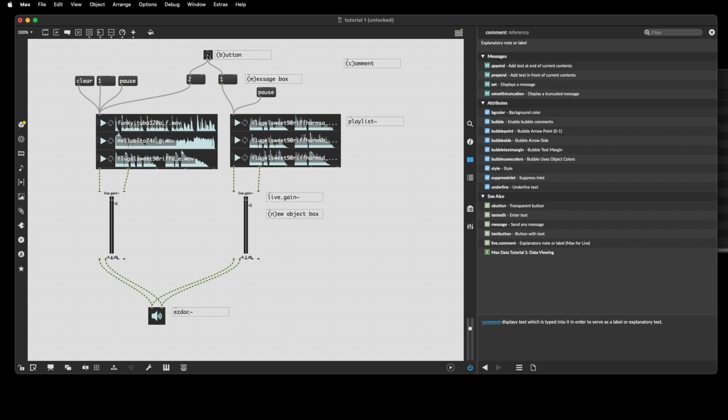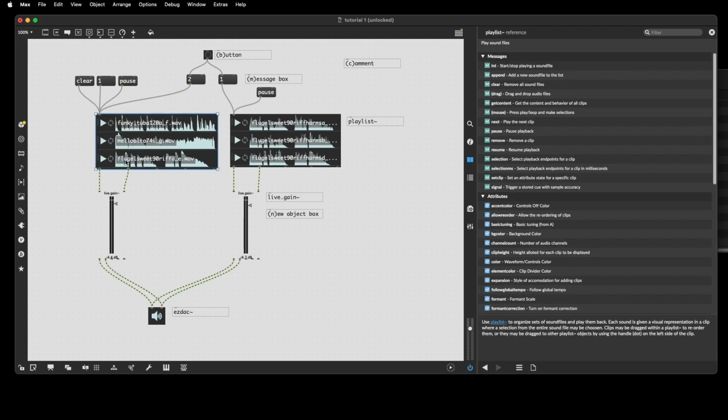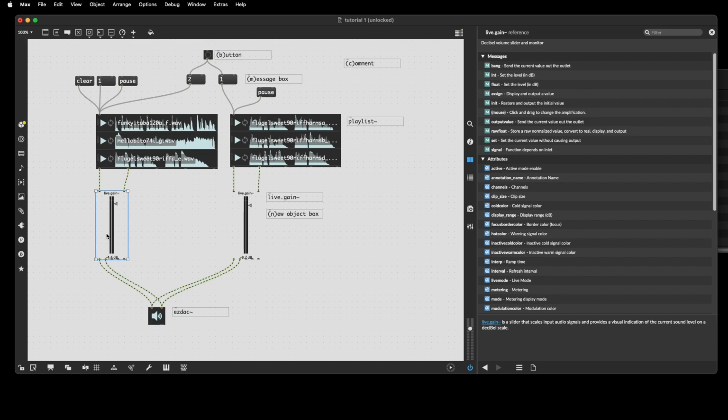So I press the button, the press flows down this patch cord and hits the message box. The message box reacts by sending its contents down this cord into the playlist tilde, which reacts by sending the sound down these patch cords through the live.gain, and then the volume adjusted sound is passed down these patch cords